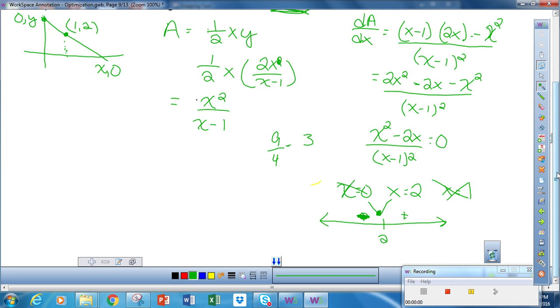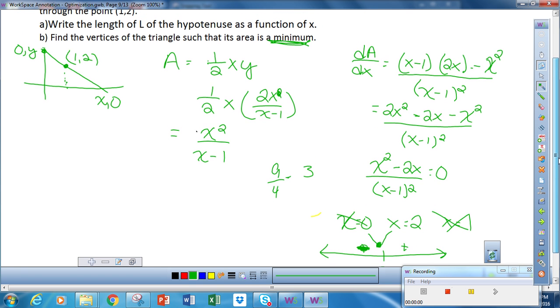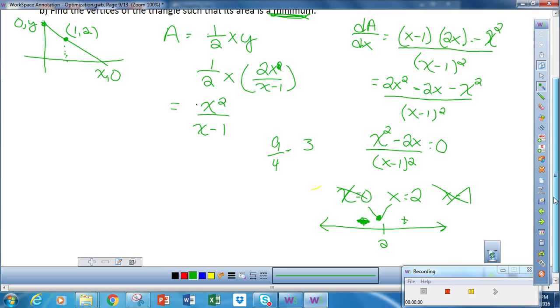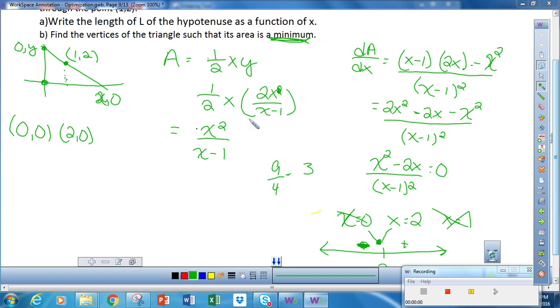Okay, and so what was the question? The question asked, find the vertices. So the vertices would be x is 2. So this would be 2, 0. So my vertices would be 0, 0, 2, 0, and then I would have to go back to y and figure out what y is when x is 2. And y was equal to